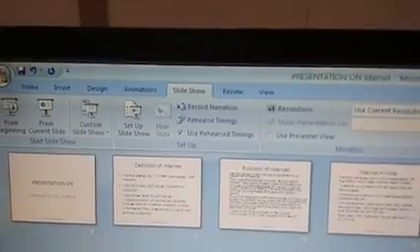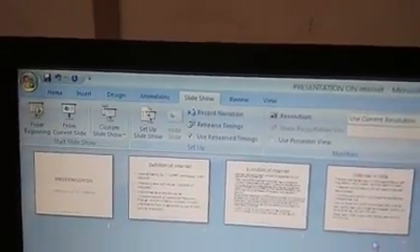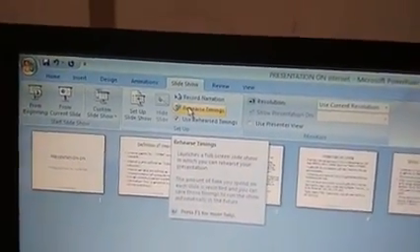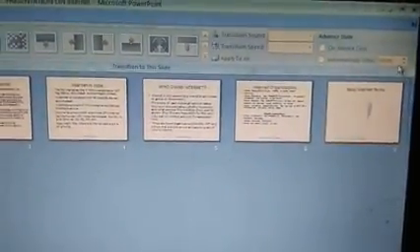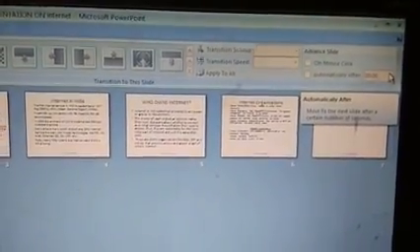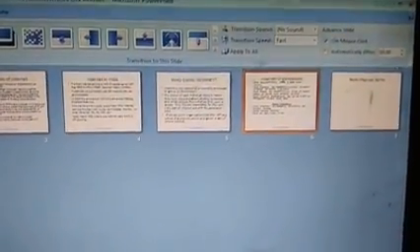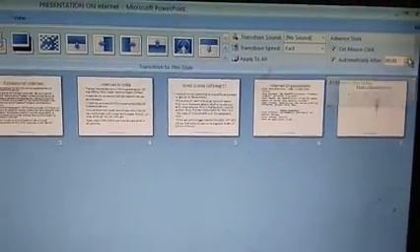Okay. And then the last and very important option is your rehearse timing option. Okay, it is available over here. Yes, in your 2003 version, you'll have rehearse timing in the slide menu. Rehearse timing is, suppose I told you in the last class that whenever we say animation here, I say automatically after 1 or 2 seconds. So here I say automatically after every 2 or 3 seconds, I have selected.